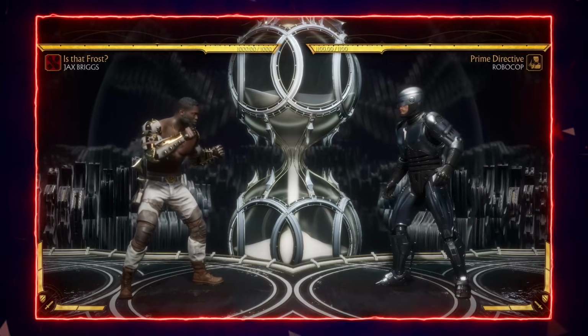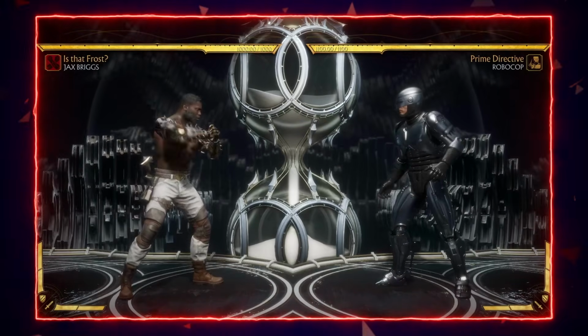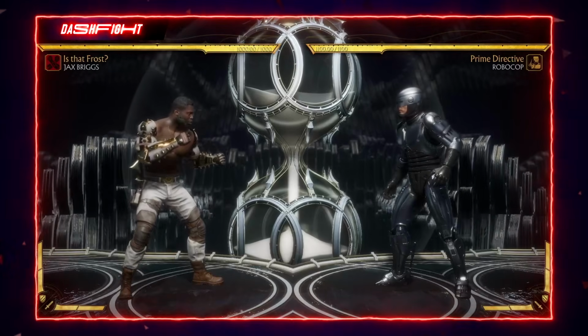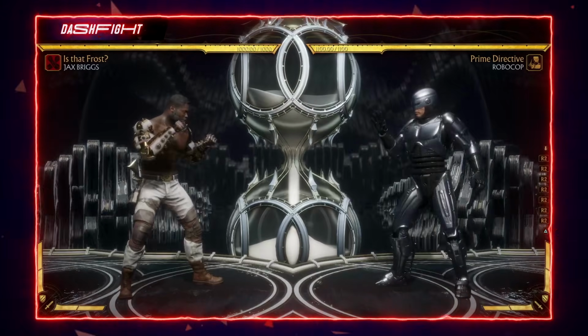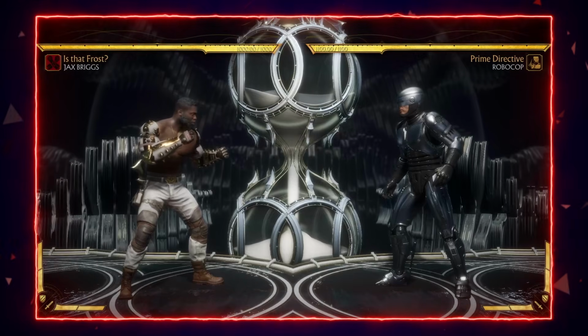So yeah, we've got keep away, we've got those counters for those specific things. Also, obviously, it's Jax, so he's going to have to grab you. I don't even have to mention down 2 crushing blows. They just completely counter that grab game. Duck OS as well, Strike OS, that'll do a very good job at countering Jax. He does have a 9-frame mid, but